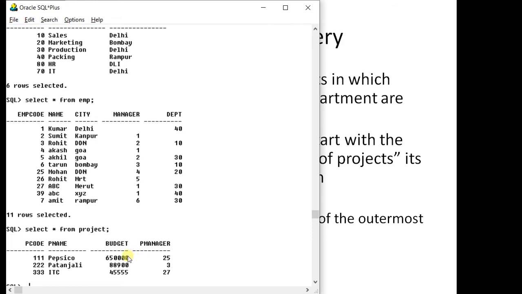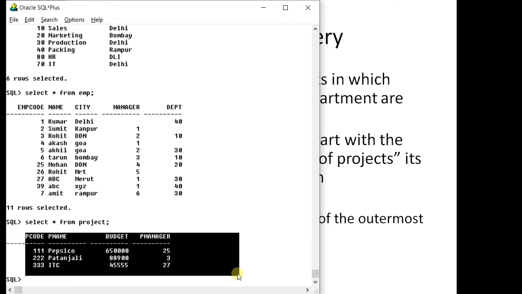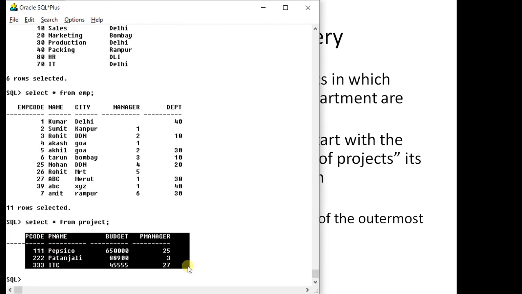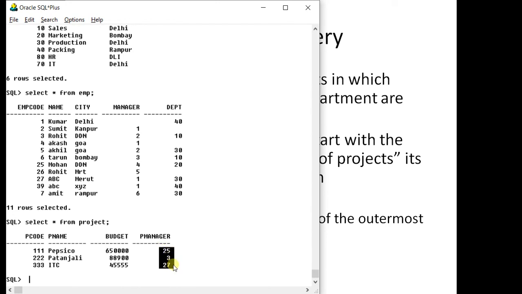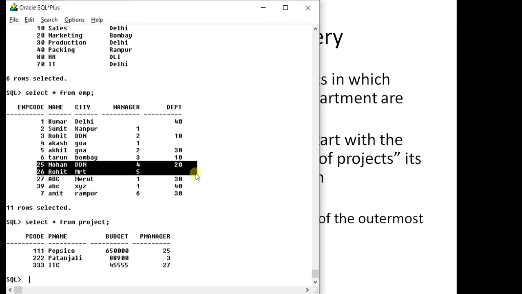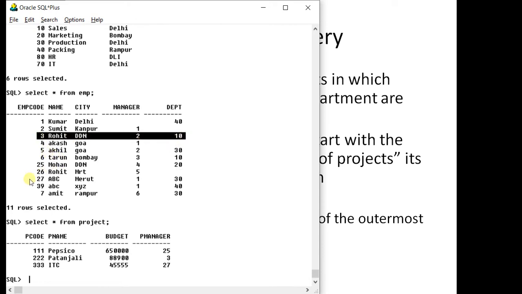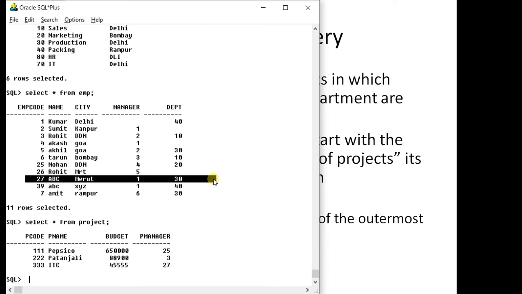Now if you look at the table, nowhere in the table is it written that the employee belongs to marketing department. If you see indirectly, there are 3 employees in 3 projects: 25, 3 and 27. 25 belongs to 20, 3 belongs to 10 and 27 belongs to 30.